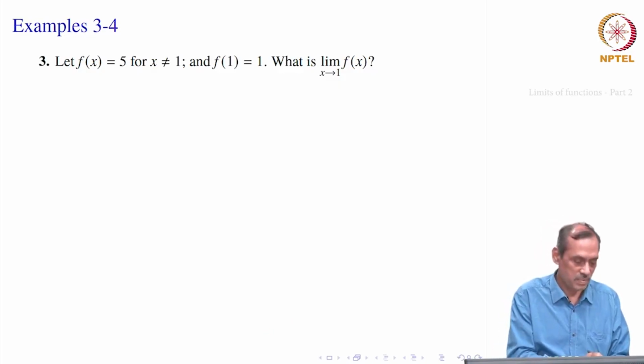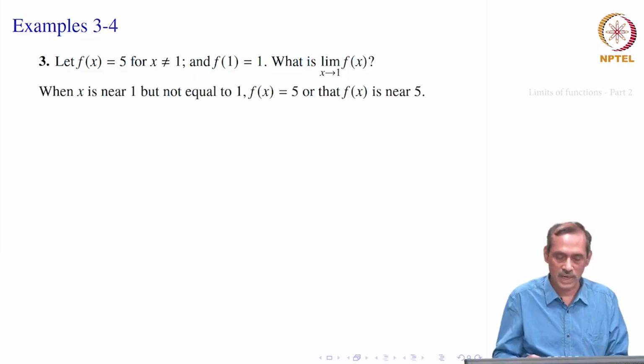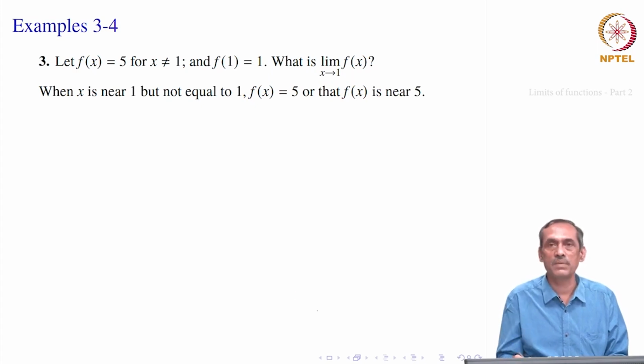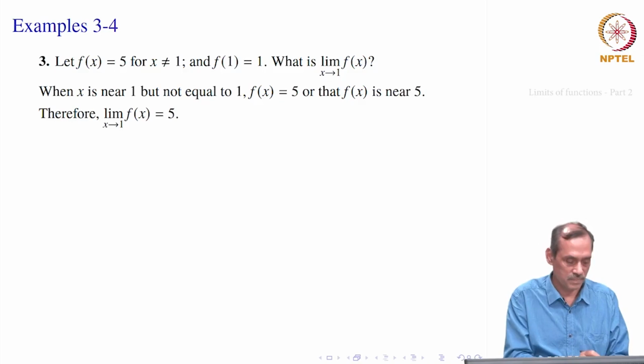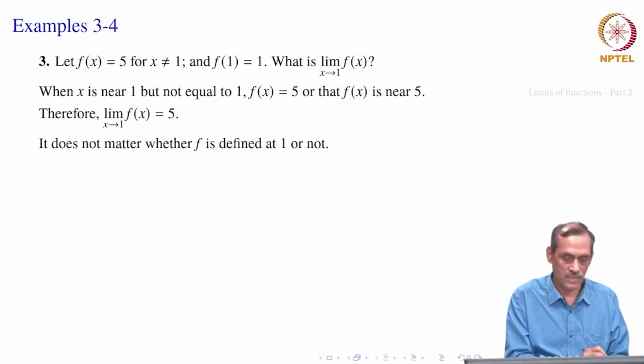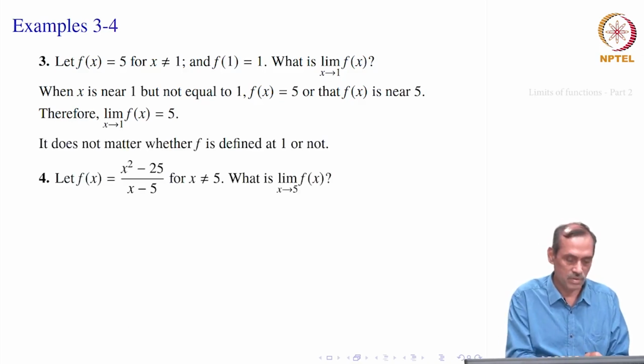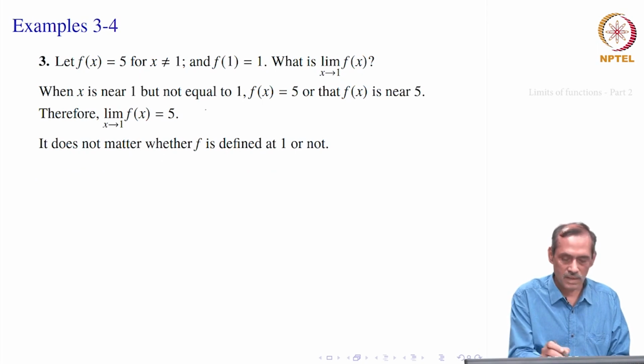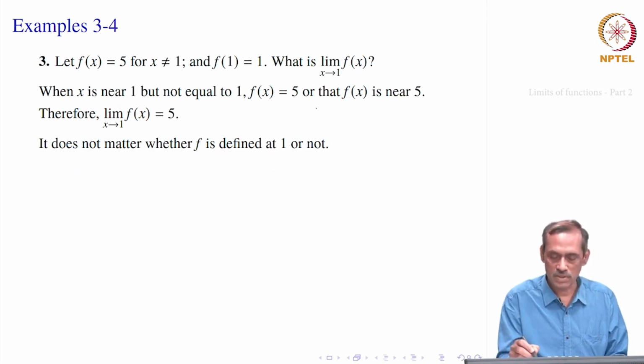So, again if you see your nearness argument, the x is near 1, but not equal to 1. So, whatever you choose it will be 5. So, that f x should be near 5, it is equal to 5 really. That is what we want to show formally, and this is what the limit should come. Now, formally how do you do that? Well, all that you have to do is choose epsilon equal to delta here.